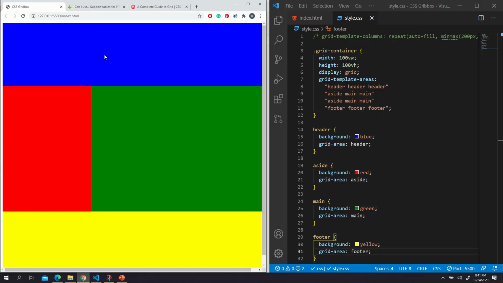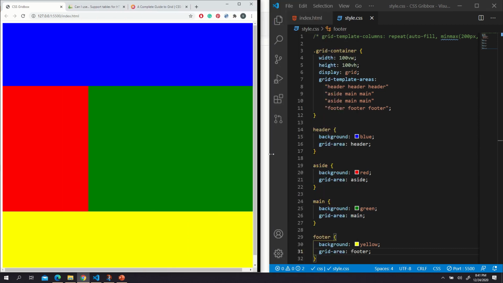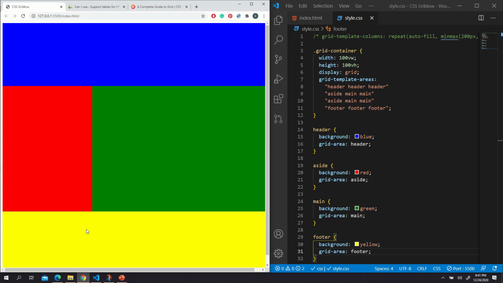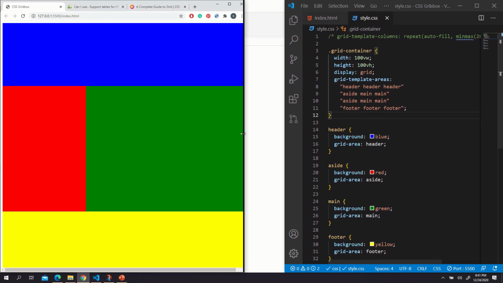I can put my content here in the header, my menu, and then aside, and then the main content. Now you can see that footer is very large. It's basically the same size as the header, and also aside is too small. I can now adjust it. So first I declare this is going to be my area. Now I can individually